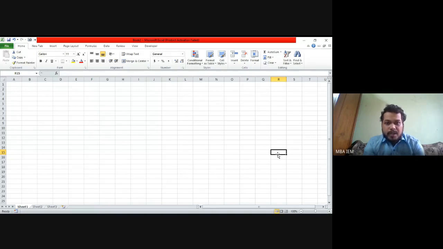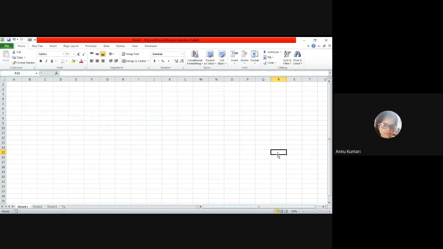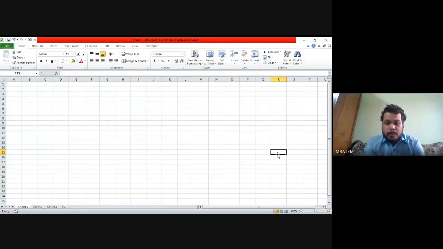But if the categories are very big, say I have 20 or 50 or 30 categories, then going for pie chart is not a very good idea. We should go for bar chart in that case. Okay, sir. Because the visual will be so cluttered, each and every category will be so small that you will not be able to interpret anything out of it.